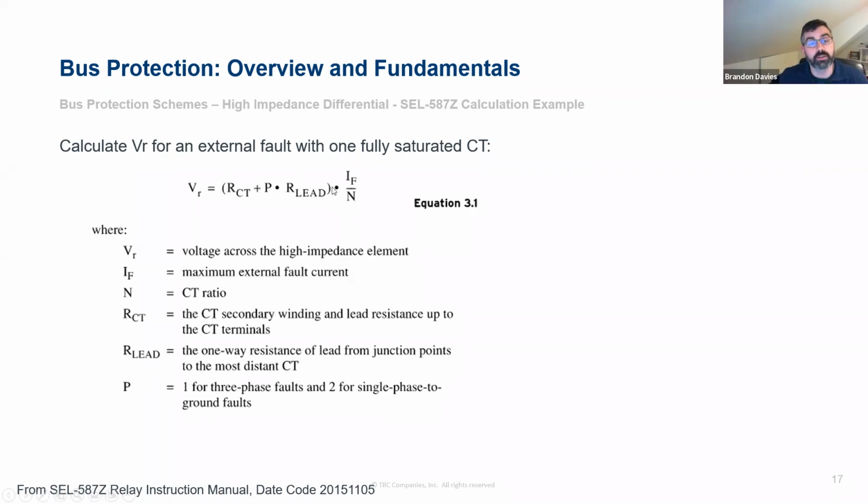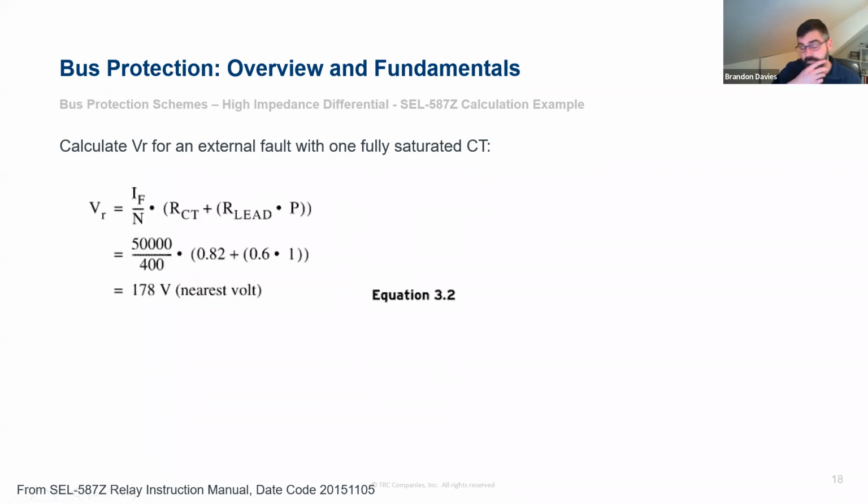And that whole calculated resistance value is multiplied by the fault current to come up with the voltage across that high impedance element. So you take the primary fault current and step it down through the CT ratio to get the secondary current. Use that to calculate the voltage that we'd be using as our operate quantity. So for this case, we take our 50,000 amps of fault current, get a 400 to 1 CT